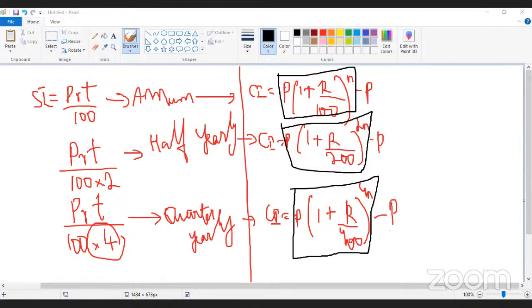We can expect these kinds of questions. Yes, it will be asked. So more than just directly asking to find the compound interest or find the simple interest, they might ask you to find the difference of it. Okay, I'm just clearing the board. Can I clear? Yes, sir. Okay, I've cleared the board.